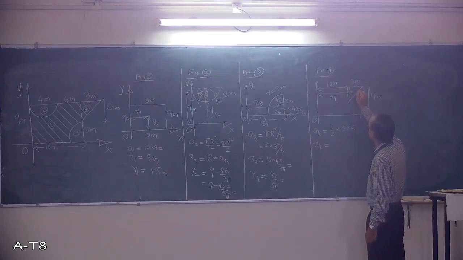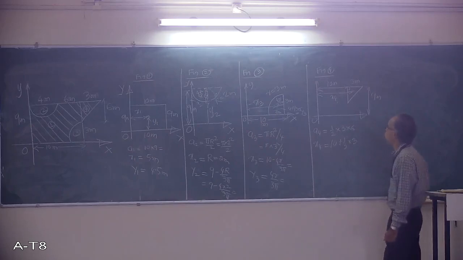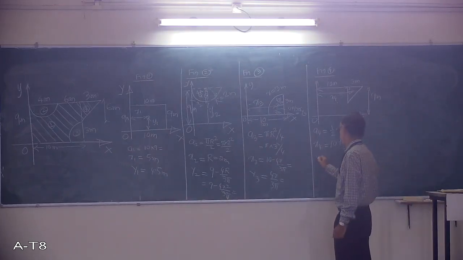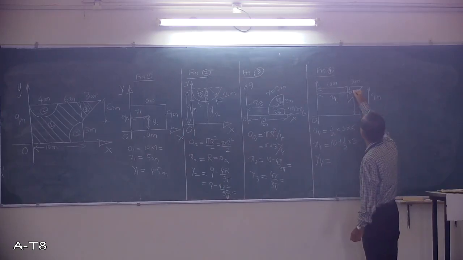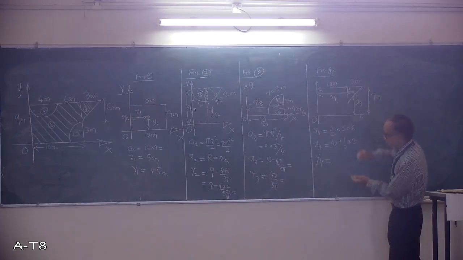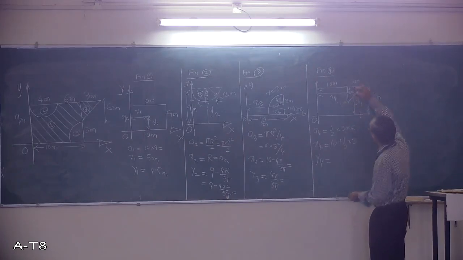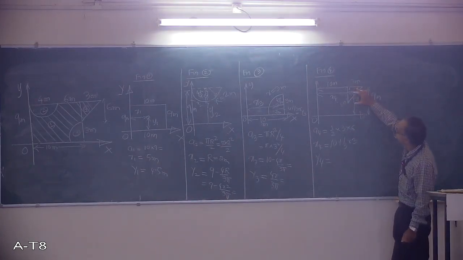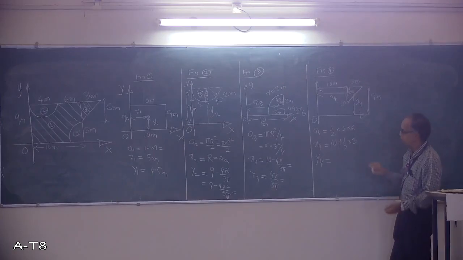Now look here. So this is 10 meter. 10 plus 1/3 of 3. That will be x4. And what is y4? Origin is here. So this is the value of y4. How I do this? Total is 9 meter. So this is 6 meter. This to this is 6 meter. So this is 1/3 of 6. From here 2/3 of 6. But total is 9. 9 minus 1/3 of 6. That will be your y4.